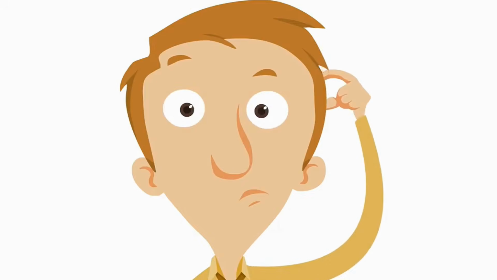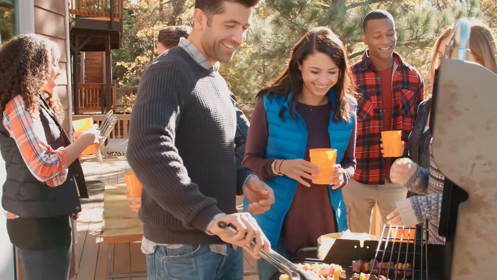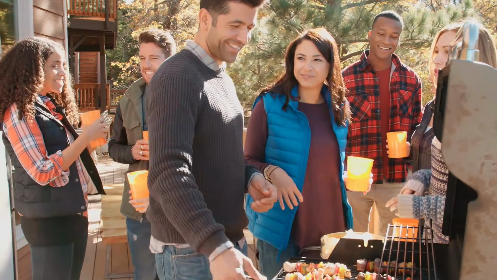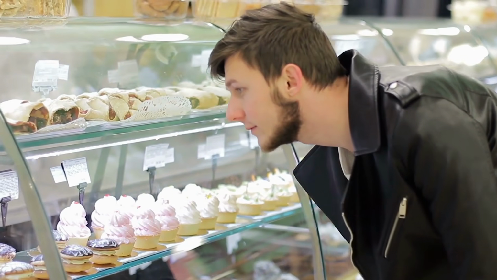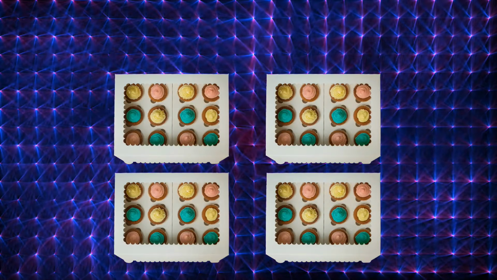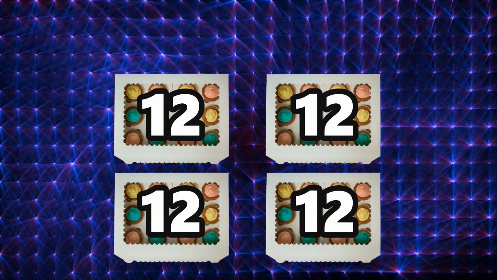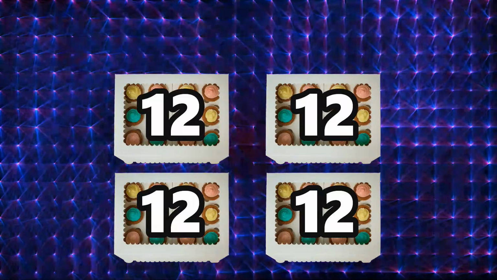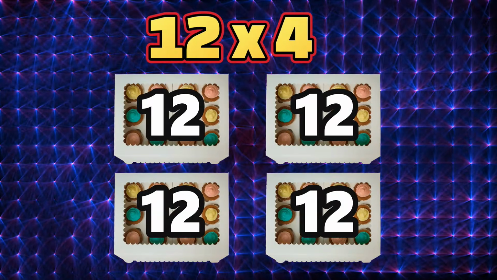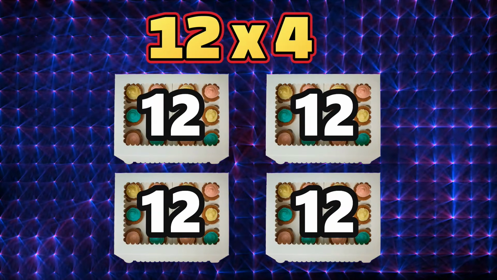But what if we need to multiply larger numbers? Double-digit numbers. You see, Clancy is going to have a big party. That's right. And he's going to need a lot of cupcakes. Clancy decides to buy 4 dozen cupcakes. How many are in a dozen? 12. That's right. To find out how many cupcakes he's buying, we need to multiply 12 times 4 because he's buying 4 dozen cupcakes. 12 times 4.